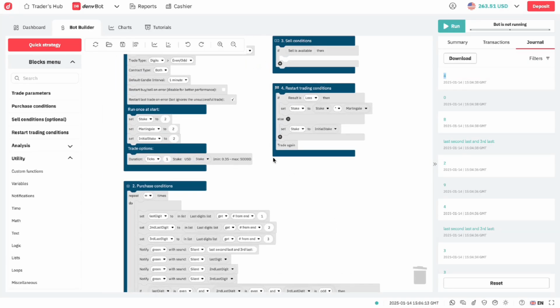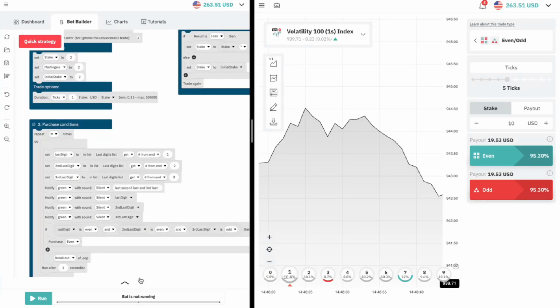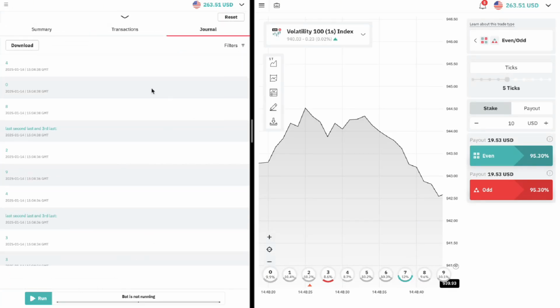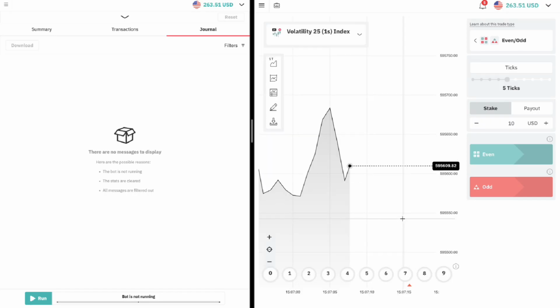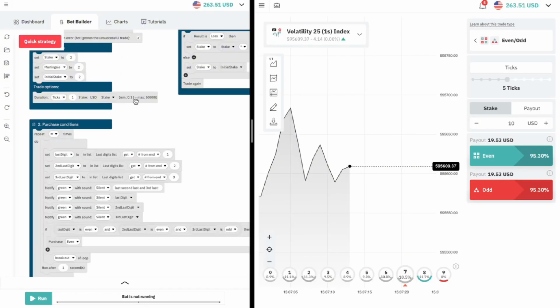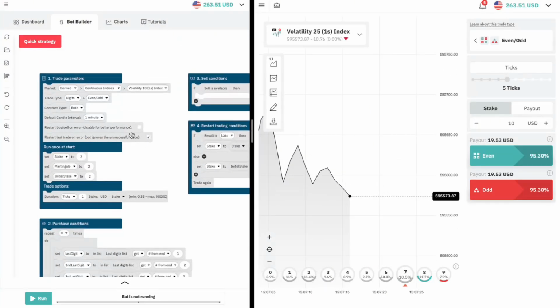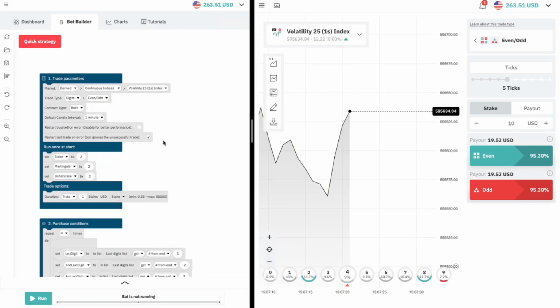We can try and change the market, and also I can split the screen so that we can be able to see the executions. So all I've done is split my screen, then we can just reset this here. So this is 101s. Let's see, the most appearing digit is odd. I'm looking for a market where the most appearing digit is even, so it's easy to get the even numbers. So we go for 25-1s. Let's test this strategy. So make sure whatever you're seeing on the left hand side is what you're seeing on the right hand side. So 25-1s.